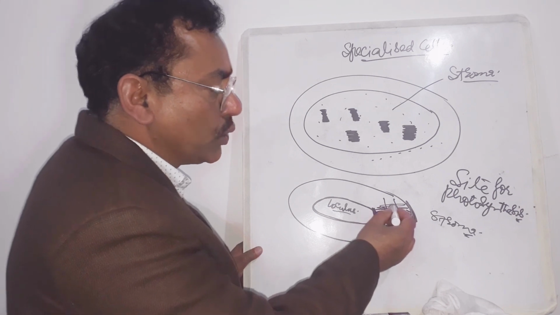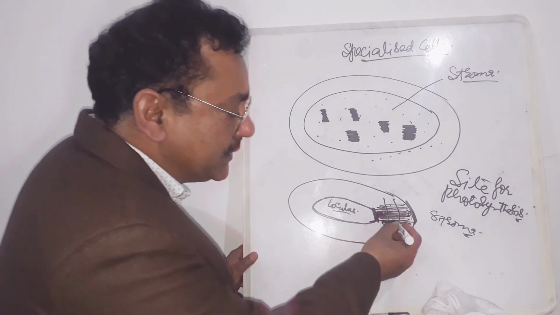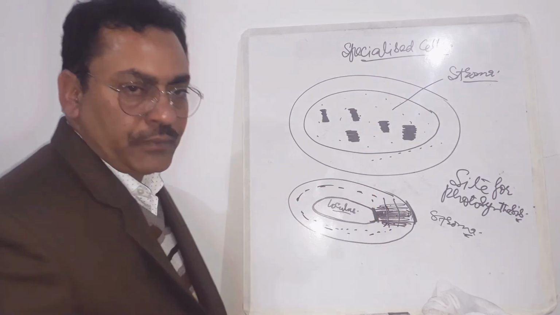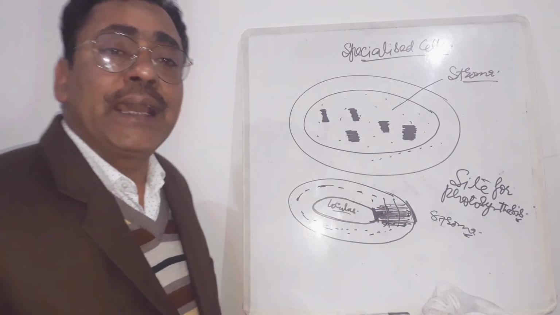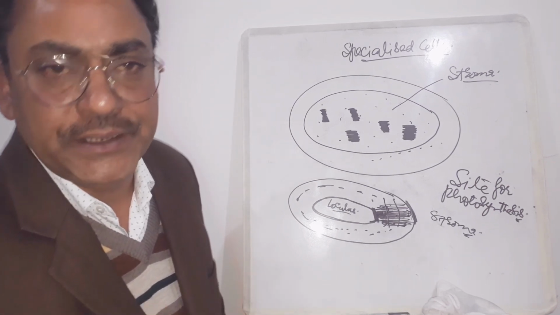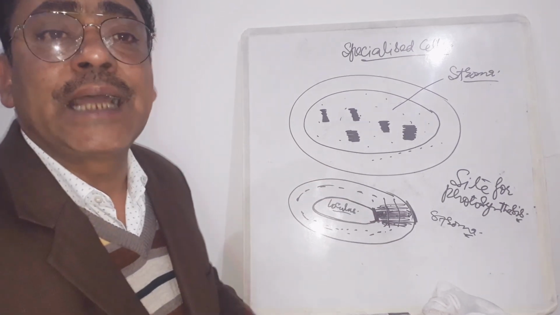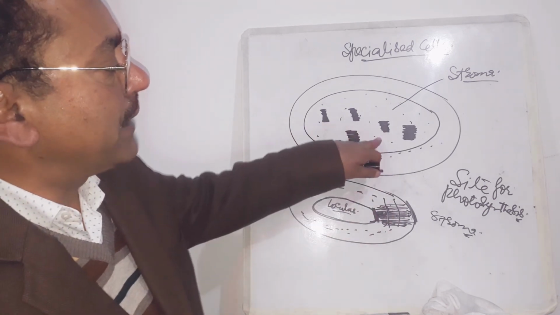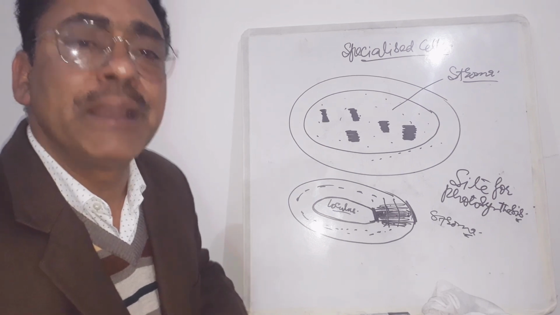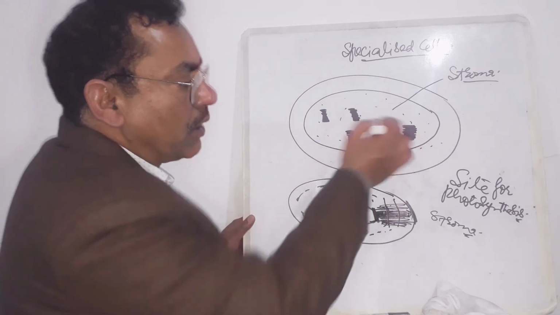All the photosynthetic pigments, whether chlorophylls or carotenoids, are present in this membrane. So if you are asked where the chloroplast holds the photosynthetic pigments, your answer must be that the pigments are held inside the thylakoid membranes. They are not present in the stroma. The pigments are never present in the stroma. They are present in the thylakoid membranes. And these thylakoids become stacked to form the grana.